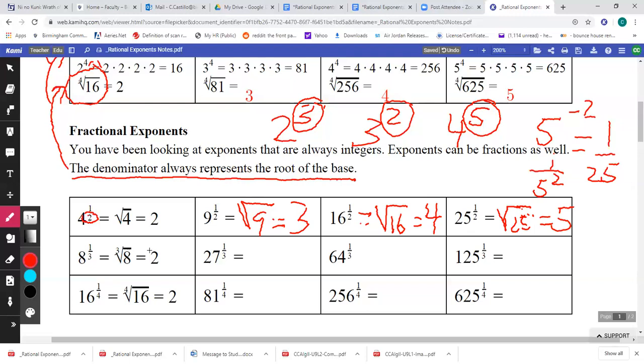Okay, now let's look at the next row. I have to the 1/3 power. So this time, my denominator is 3. So that means instead of the square root, I'm going to be taking the cube root. And the cube root is when you have the 3 out here in front. So 8 to the 1/3 is the cube root of 8, which is 2. 27 to the 1/3